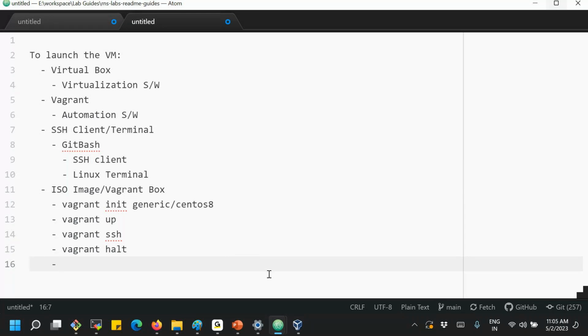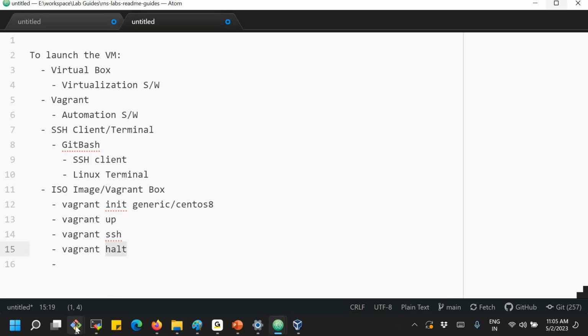Anyway, we are going to talk about managing virtual machines in the cloud later. For Linux practice, whether you use Ubuntu or CentOS is your option. For launching the virtual machine, these concepts are enough for now. So init, up and ssh connect to the system, and halt stops the system.